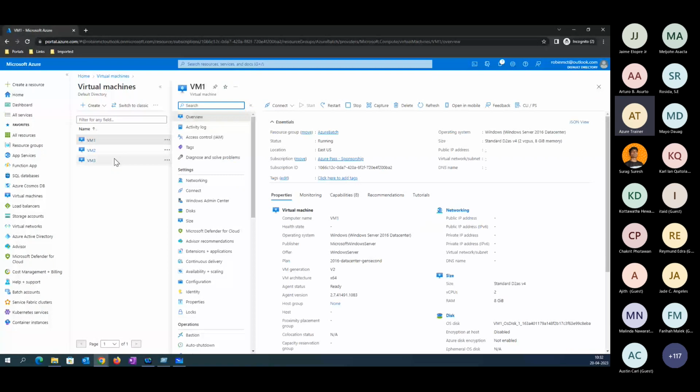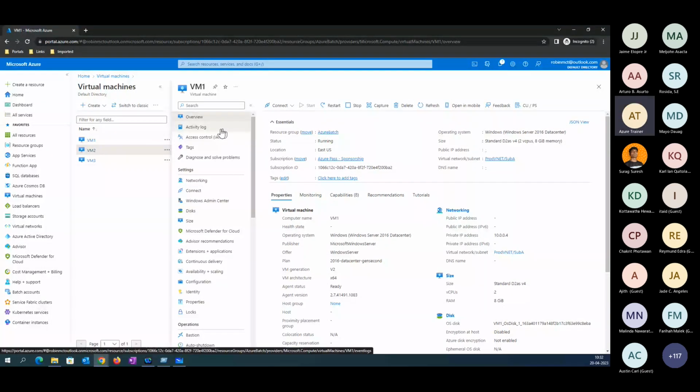You may see if you go to the VNet here, you have VM1 attached to the prod VNet. VM2 also is attached to the same network. It's been loading. Let's wait for a minute.